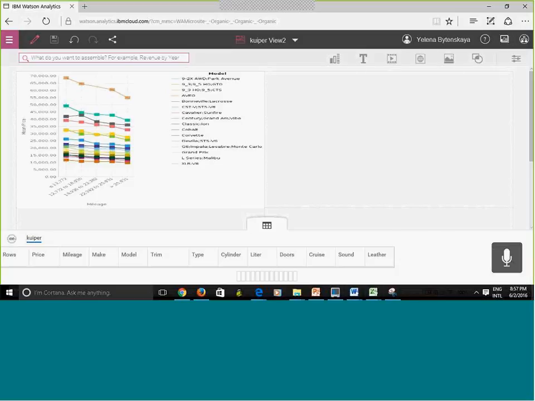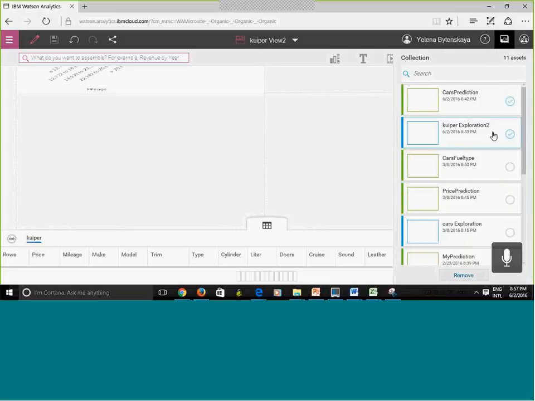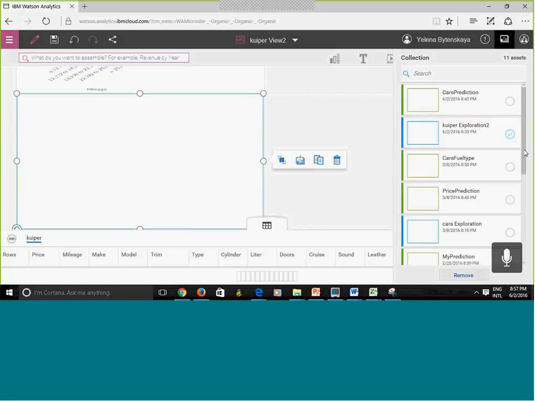I would need to scroll to where I want to put it. Suppose that I want it here, and then I would have to go here and just drag this. Okay. So basically you got the idea. You would need to select it and you would need to drag it right here. Okay. All right.